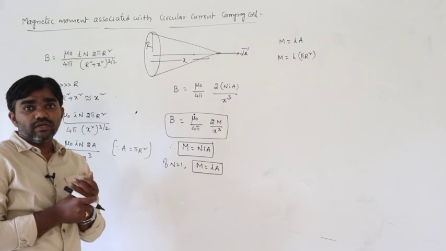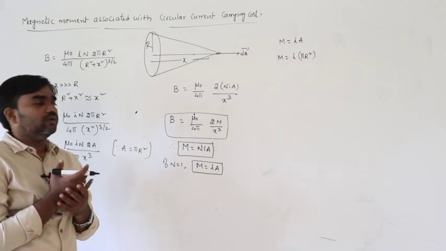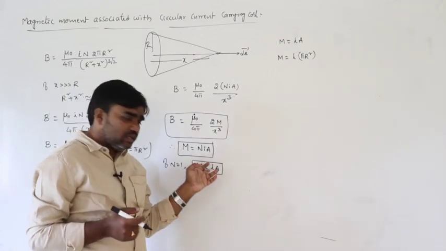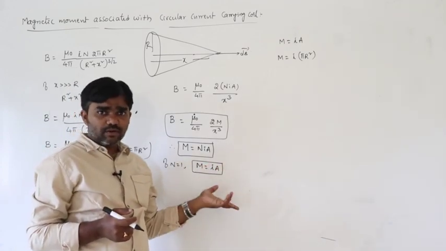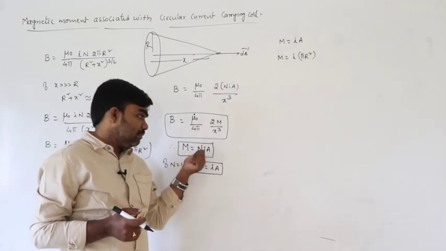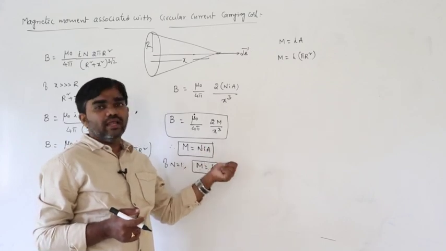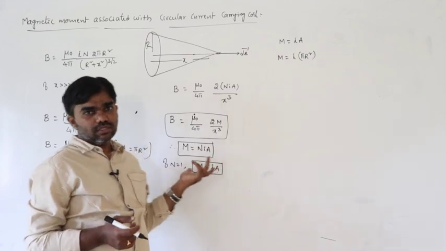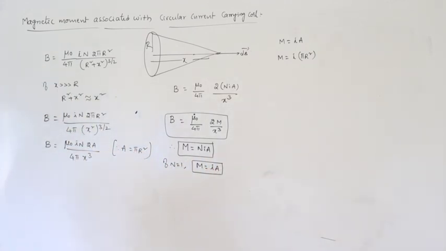Magnetic moment associated with the circular current carrying coil, M is equal to IA. Current unit is ampere, area unit is meter square. It depends on number of turns, current and area. So, that is the magnetic moment. Next,